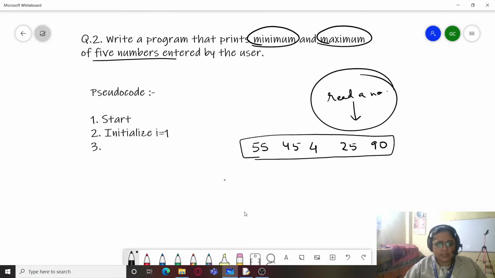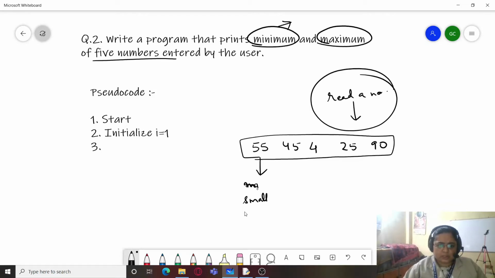For doing that, we need to start with two variables. First, I will tell you how to find out the minimum value. Here we will first consider that 55 is the minimum value. So we will take a variable named small, and we will initialize it with the value 55, that is the first value.